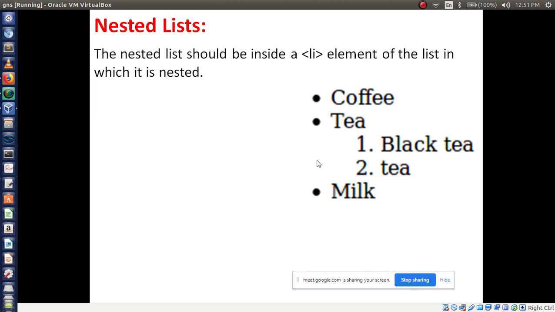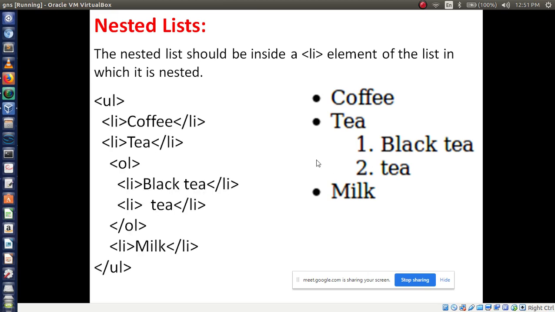So how to write the code for that? First I am taking the ul tag. Then I want to display coffee and tea, so for that li coffee, then li tea. So 2 bullets are over now. Next, I am displaying black tea and green tea in numbering wise.